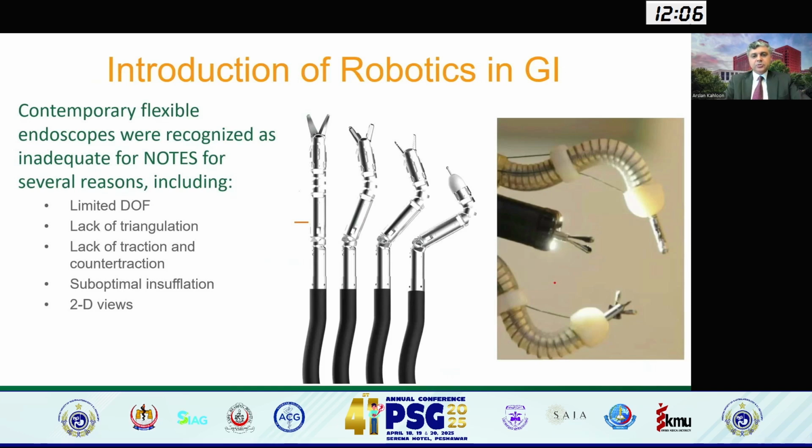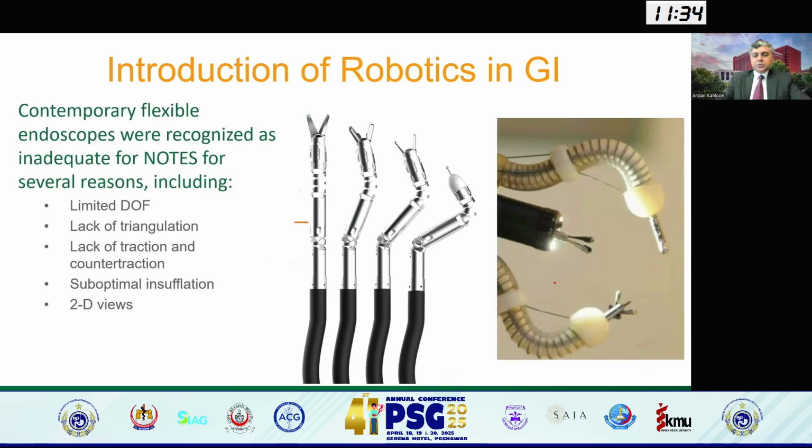So the conventional endoscopes were noted to be much more deficient in these areas, and also with very small insufflation ports. There was not enough insufflation within the luminal cavities to be able to perform more complex procedures. And similarly, the views were limited to only 2D views, whereas if you look at how the robotics perform in the general surgery space, it's more of a 3D view in a more spatial way, so that you're able to have a better idea of the space that you're working in.